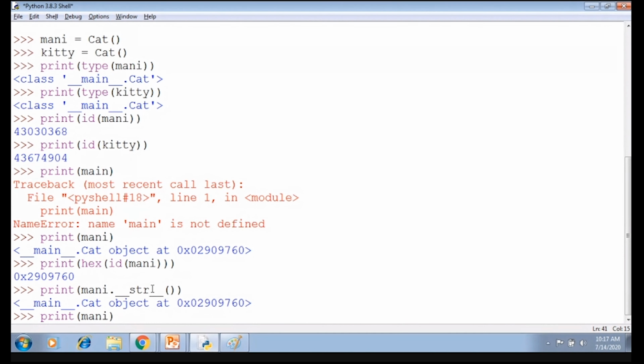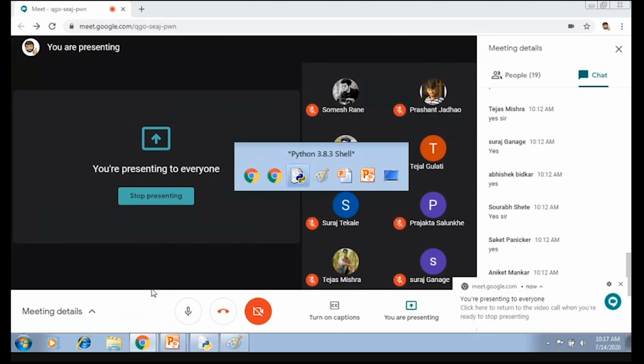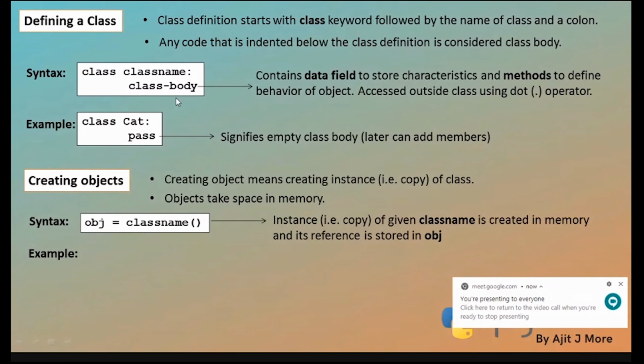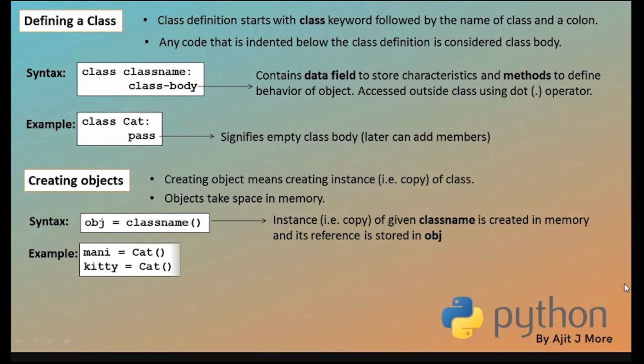all that I'm going to tell you. Okay, so I hope till here it is clear to you. But till here, what all things did you understand? That is how to create a class and then how to create an object of that class. Okay, hope it is clear. Sure. See, money equal to cat round bracket, kitty equal to cat round bracket. Are two copies created? Yes. Money and kitty are two copies, two objects, two instances of one same class cat.